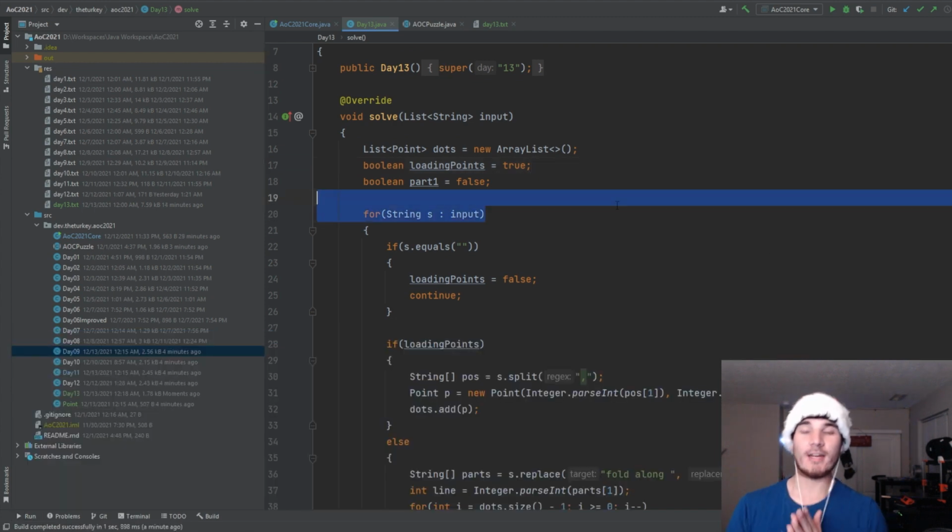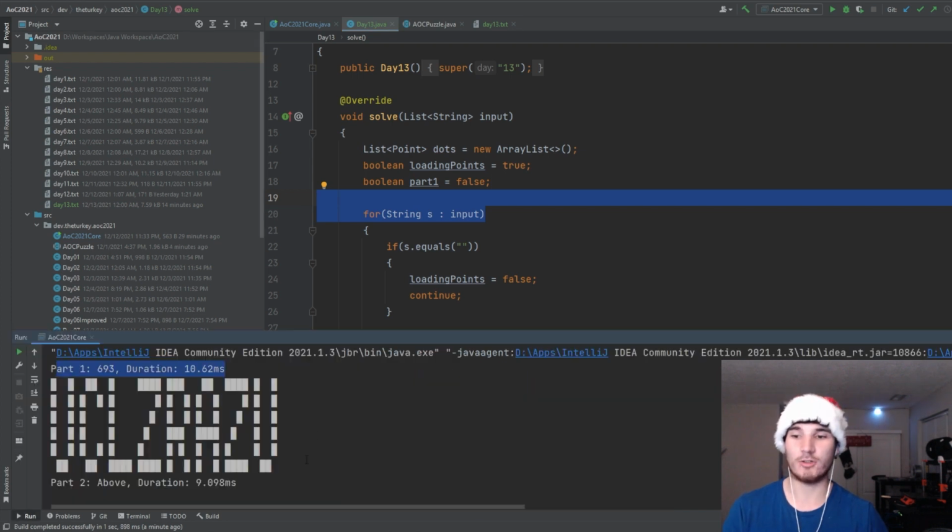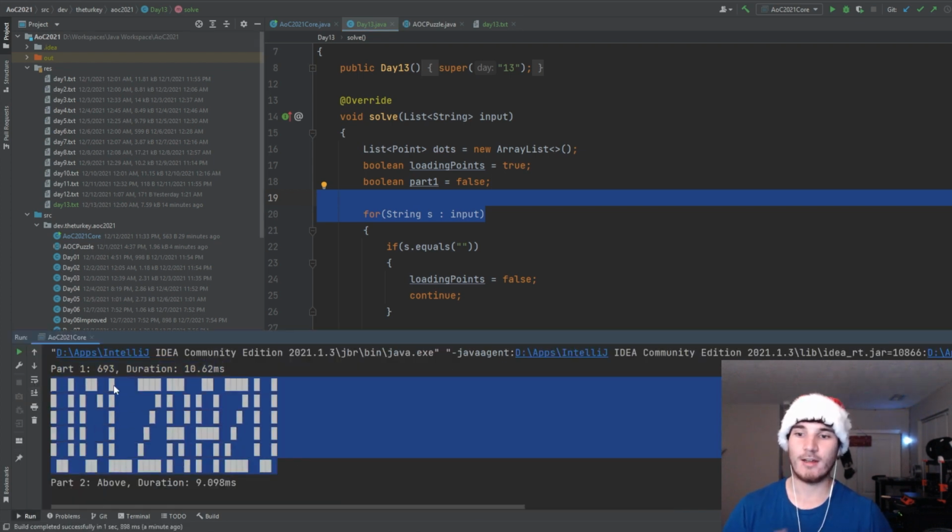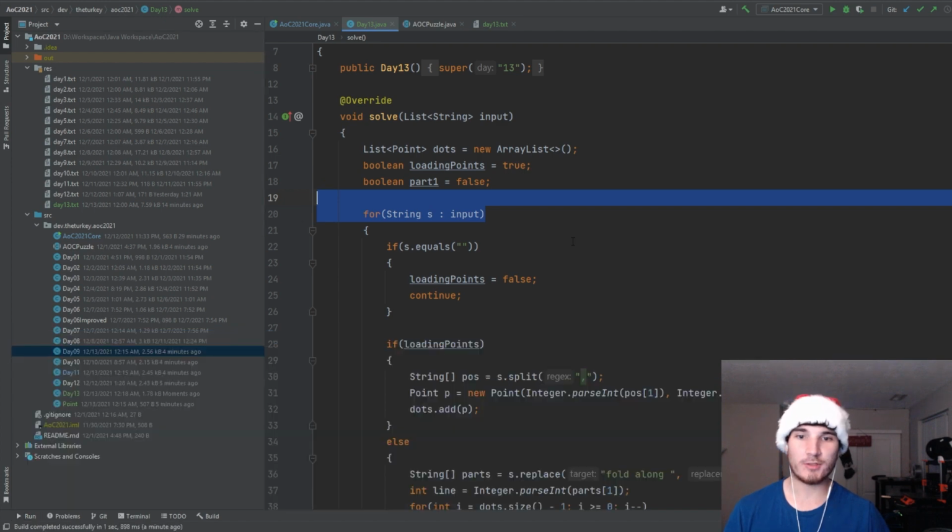So, at any rate, day 13 is basically we are given this. Our input is a bunch of points that are on an imaginary grid, and the problem is asking us to fold this imaginary grid along certain lines. And at the end of it, we will reveal what I just showed, which is 8 characters, or 8 letters in a sense. And so the way we go about doing this problem is